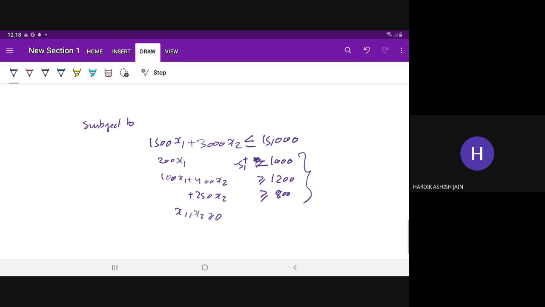Then by chance you are not able to achieve your goal. What is the meaning of this line? 200x1 is less than or equal to 1000, then only you are not able to achieve the goal. It means to make the equation form, what do we have to add? Slack variable. So there you have to add the slack variable, right? Similarly, when we make it an equality, here we have minus S2 plus S2.